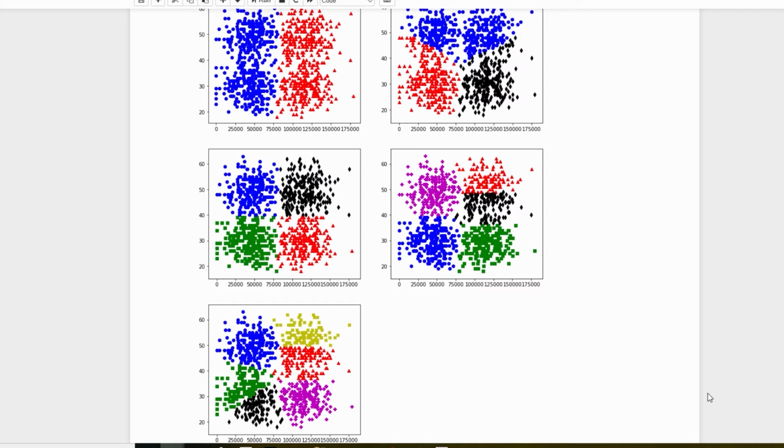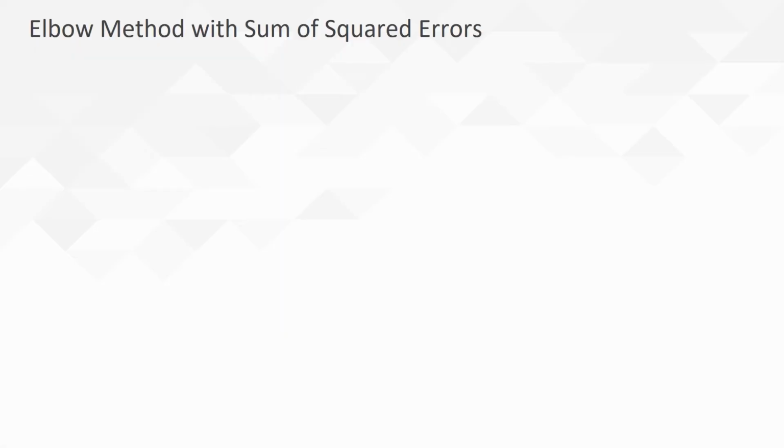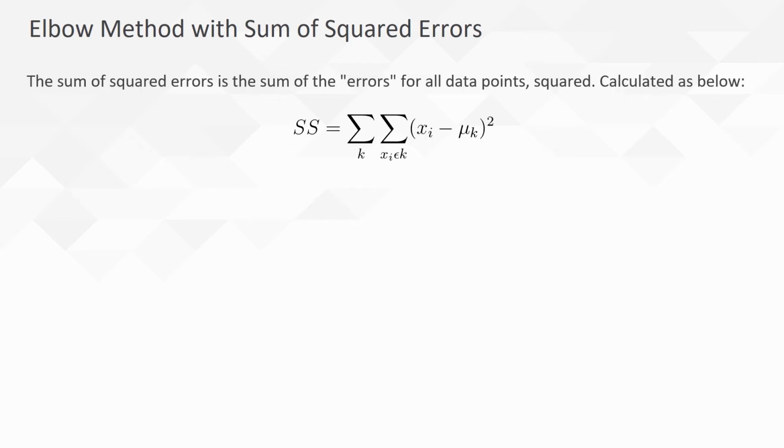The sum of squared errors is the sum of the errors for all data points squared. Error is the difference between a data point and the centroid of its assigned cluster. It can be calculated with the equation you see on the screen. Here, μk is the location of the centroid of cluster K, and each xi is a data point assigned to cluster K. As we increase K, we should expect the sum of squared errors to decrease since there are more centroids. When plotted together, however,